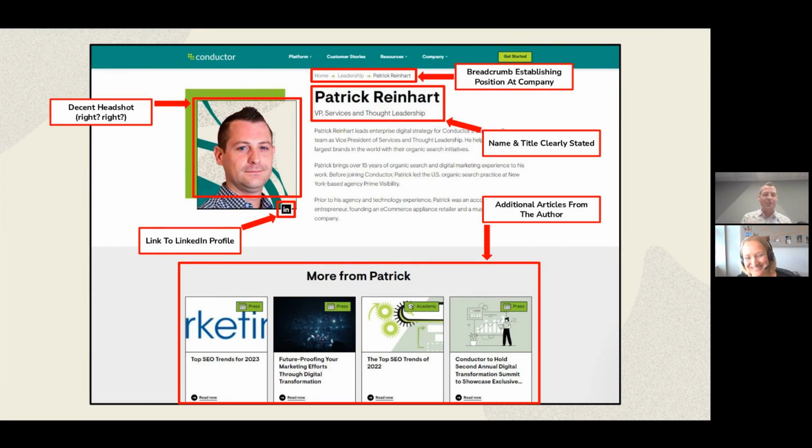But like, all joking aside, I just want to point out, you can see on the bottom corner of